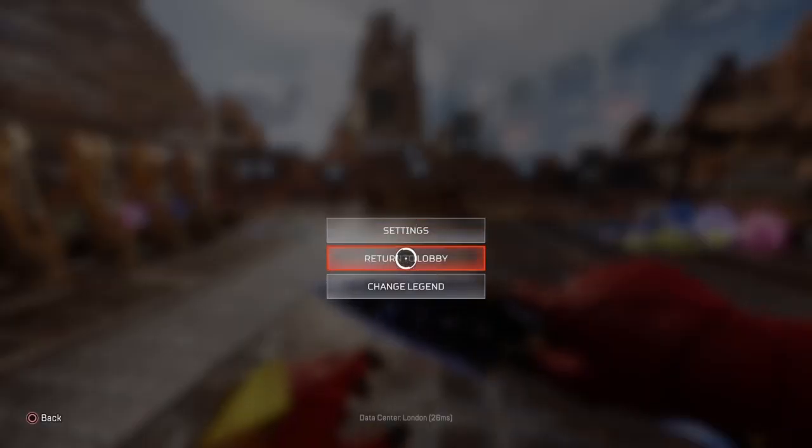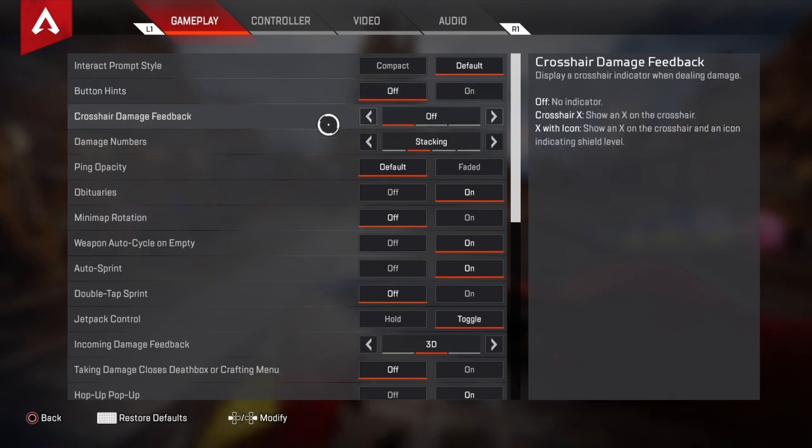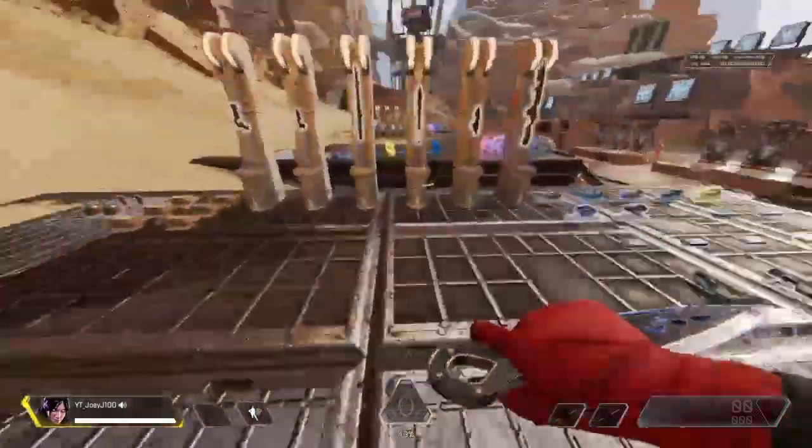So what am I doing? Here we go, settings. So obviously, to begin with, is gameplay settings. All this is very much just personal preference. So crosshair damage feedback, I have none. I've taken my crosshairs off. Obviously normally they're either on with shield and icon. So if I was to just grab this quickly,